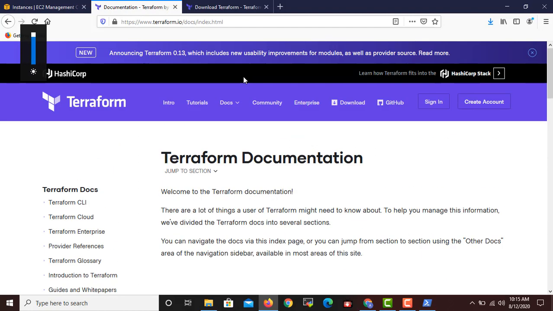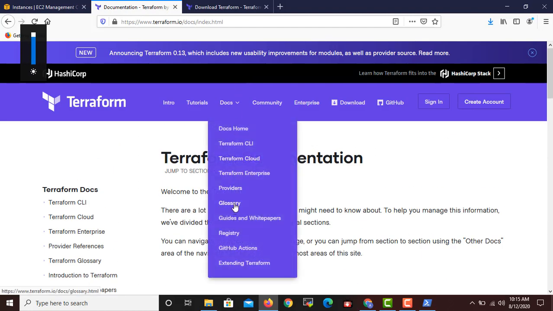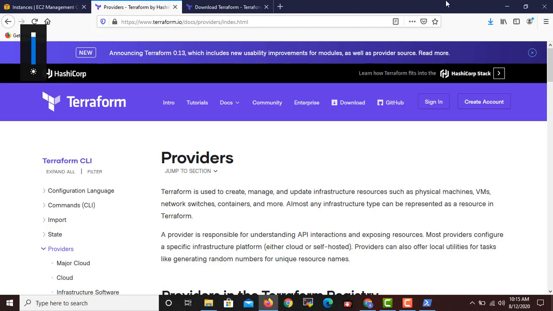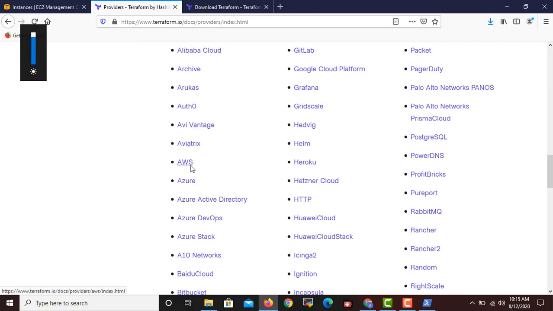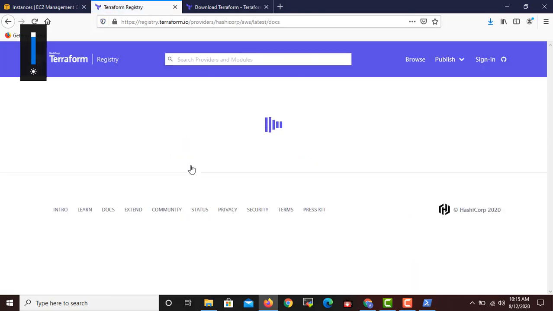So go to Terraform and click on providers. Here it is. And there are a lot of providers as we can see. So AWS is there. I click on AWS because we need to work with AWS.